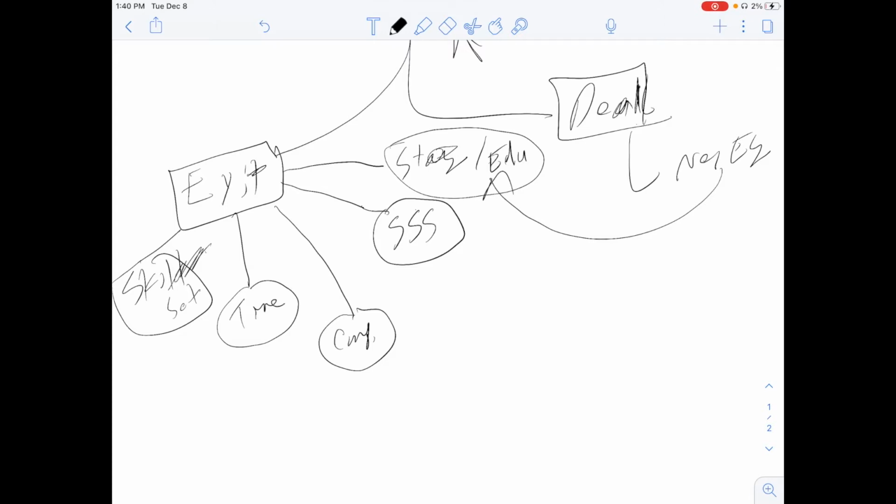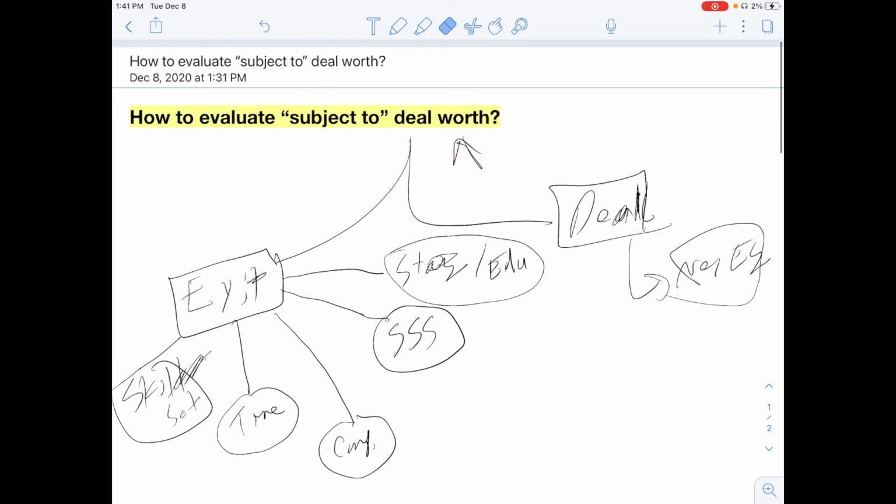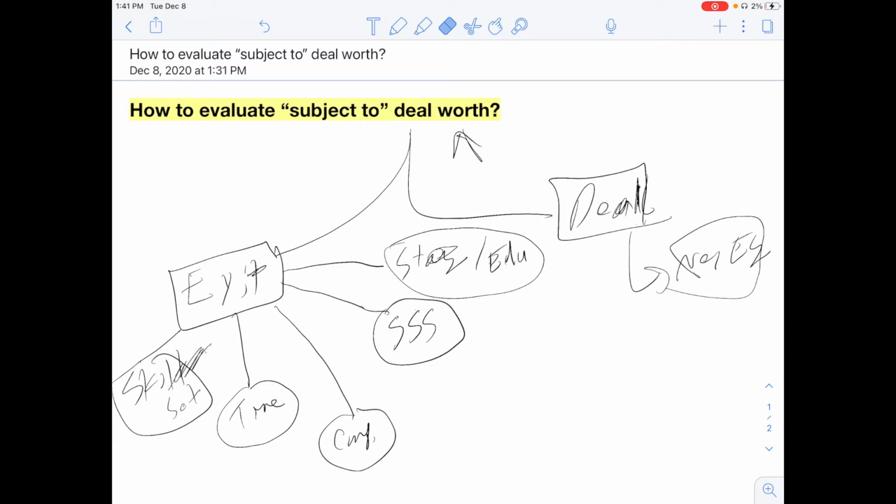contingent on, dependent on, the deal limitation factor. But if the investor is more sophisticated and they have other strategies, they have better education, then they can still turn this negative equity deal into profits through, for example, a subject to, and then cash out down the line when the house builds more equity, if the property cash flows. I'm going to get into the mathematics in a little bit, so I don't want to dive in too deep.